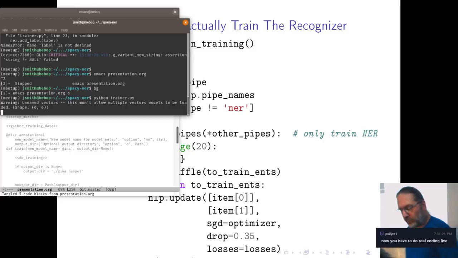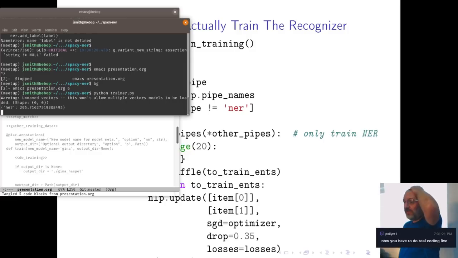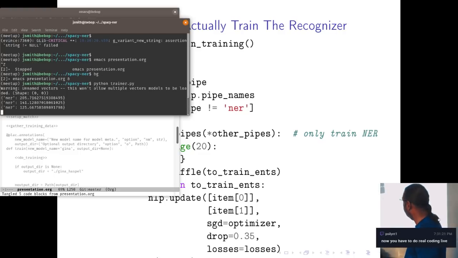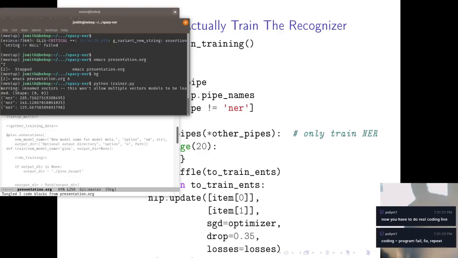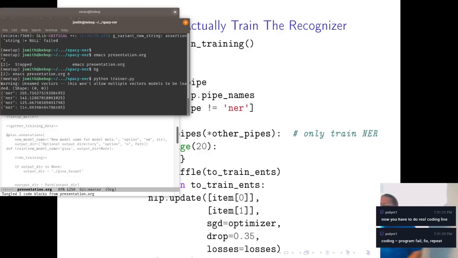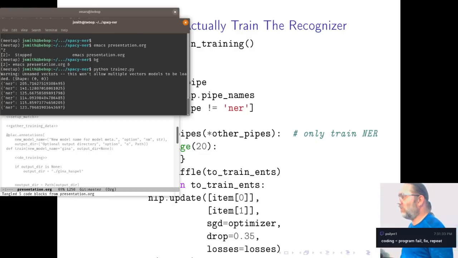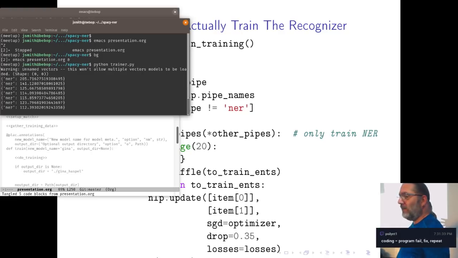Okay. So while this is running, I'll have a chance to talk about it. All right, what this is doing is it's running through that loop that I put in earlier. It's running through the training data. It's shuffling it. It's running through it a bunch of times. It's training it. Hopefully, when it's done, it's going to run against the training data that we've already got, and